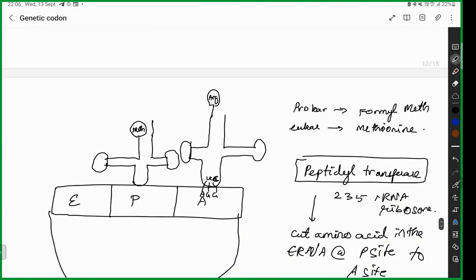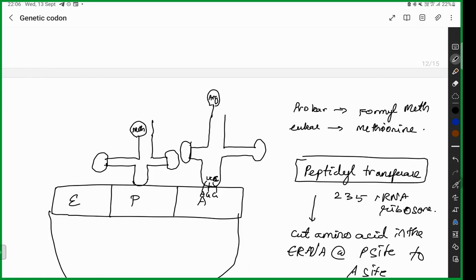At this A, P, E site, what happens is the first amino acid in the peptide; the ribosome is going to move along the direction. First, methionine gets attached at the P site, okay. Now it moves to the next frame shift, the next shift of codons. For example, first you add this AUG, now there is going to be AGG. On this AGG, your arginine-loaded tRNA is going to come and sit. Once it sits, the next step is that the tRNA has bound. It has read the mRNA frame.